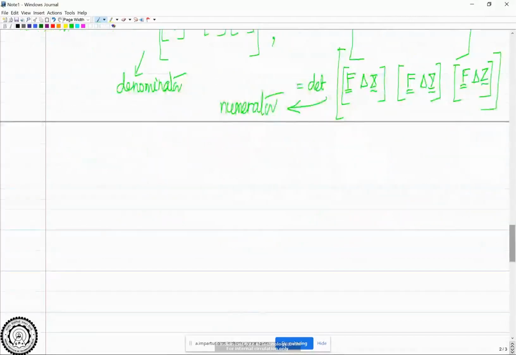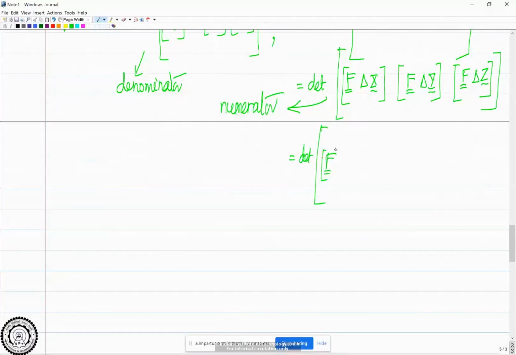Okay, now what do you think? This column here, F into delta capital X, is formed by the product of second order tensor big F with first order tensor delta big X. In the matrix form, it will simply be the product of matrix of F multiplied with the column of delta X, isn't it? So this is same as determinant